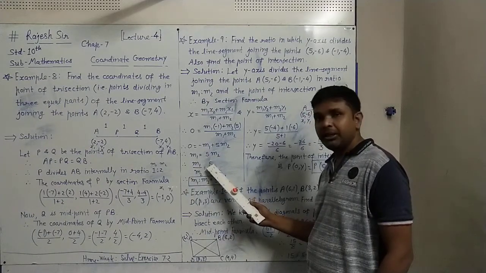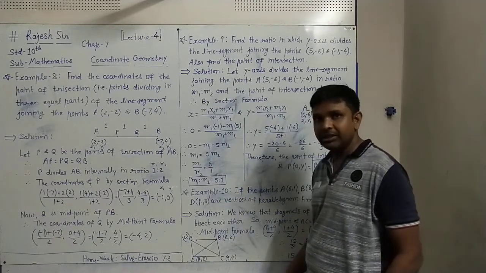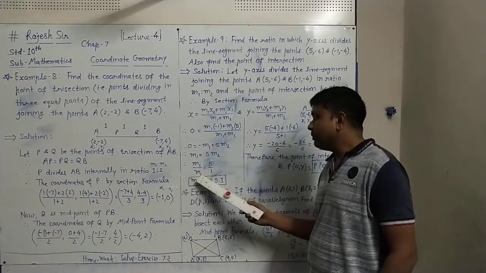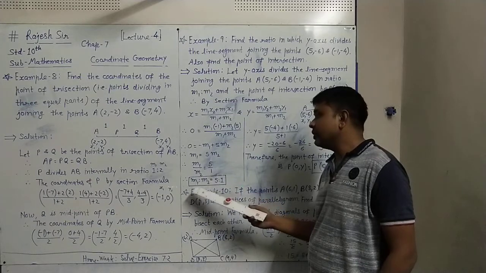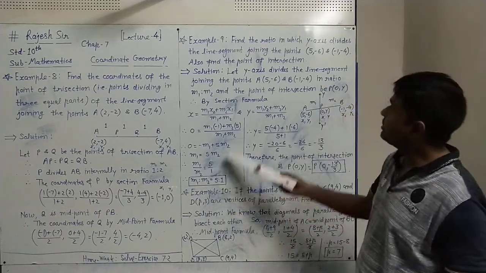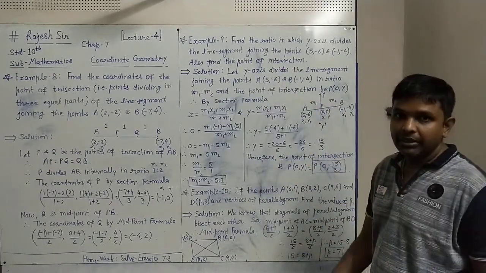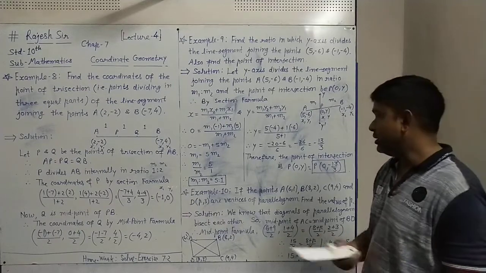5 will be the only one remaining on the right side. And down there we can take 1 if nothing is there. So m1 upon m2 is equal to 5 upon 1. This gives the ratio m1 to m2 equal to 5 is to 1. So the first answer we got: the ratio in which the y-axis divides the line segment joining A and B is 5